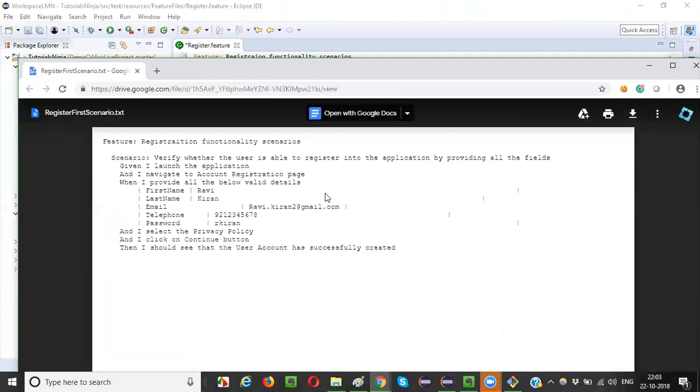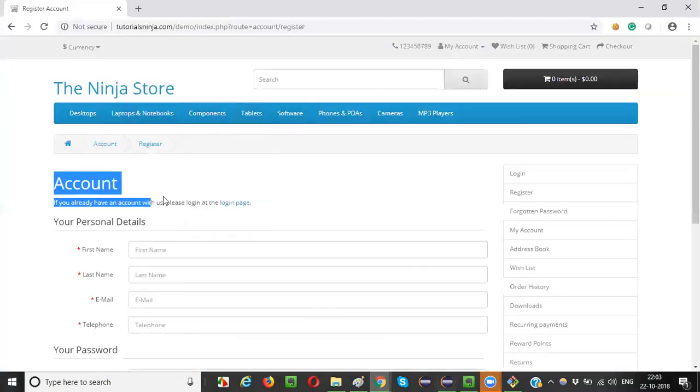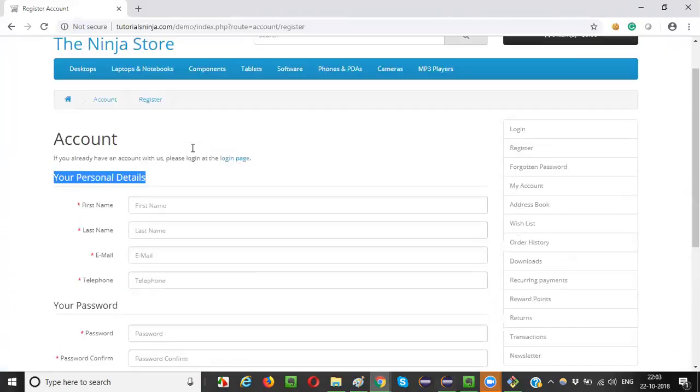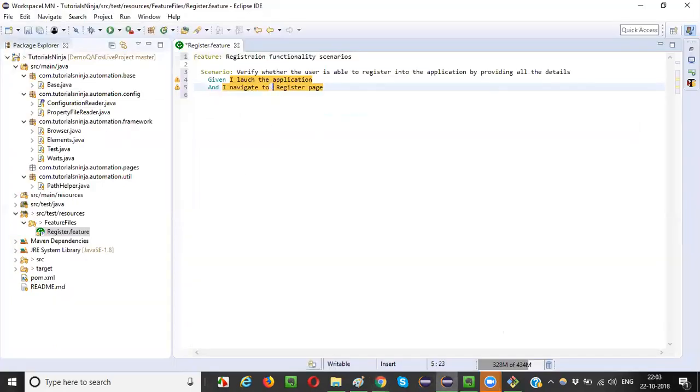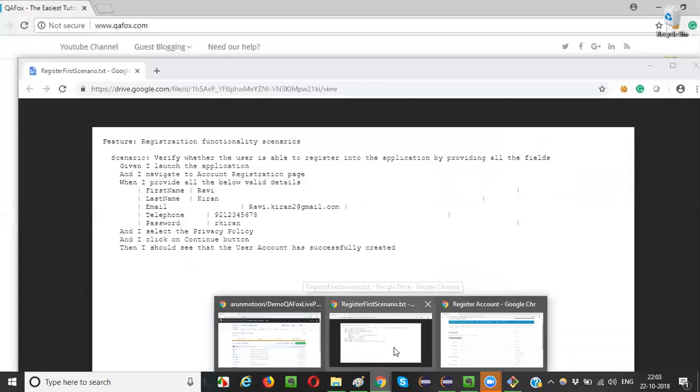Okay. Then after navigating to the account registration page,